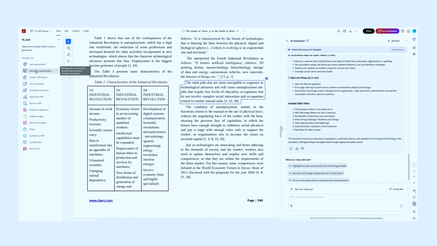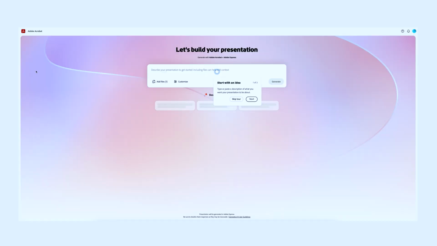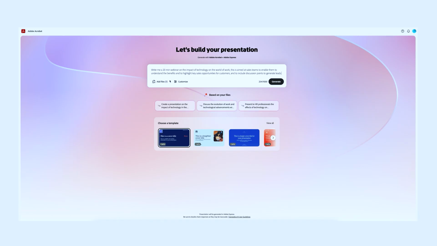Now, we're going to use this button here, the Generate Presentation. And what we can then do is click on here. What it's then going to do is take that information that we've had on our PDF and transfer it over to Adobe Express. And it's going to allow us to start putting together some details. So on here, if we click in here and put the same prompt that we had on our last one,